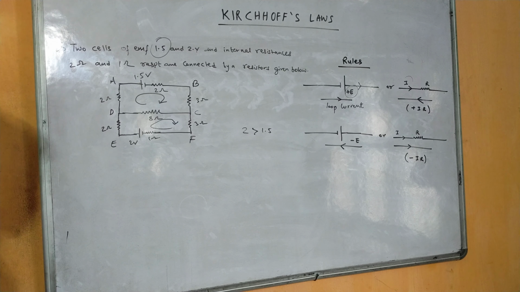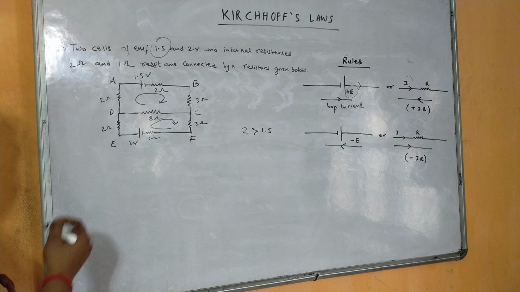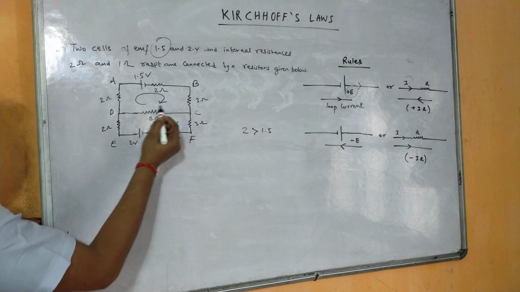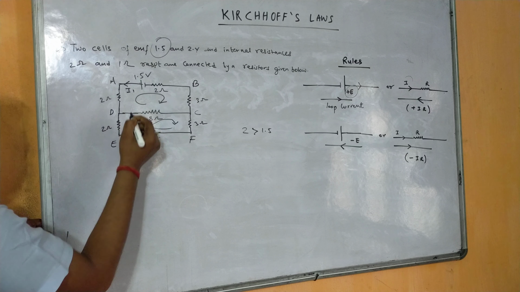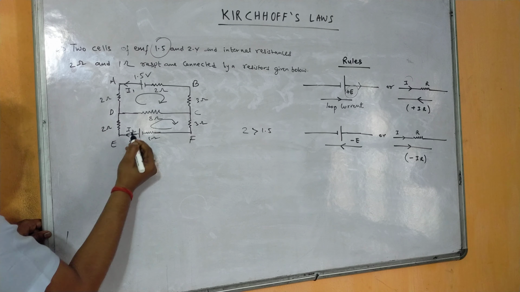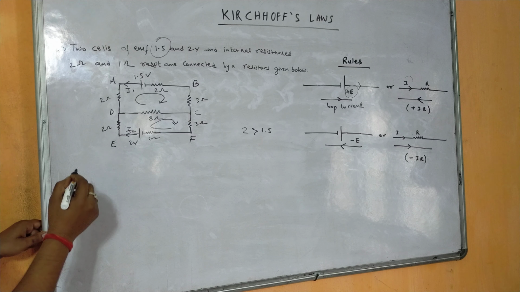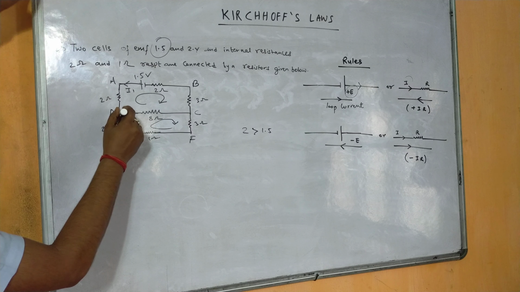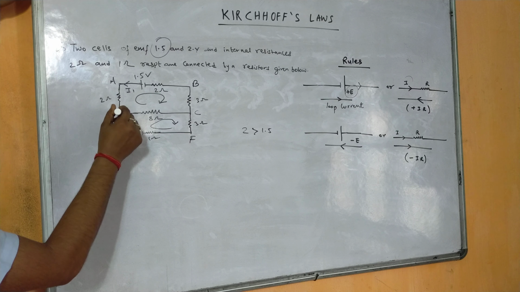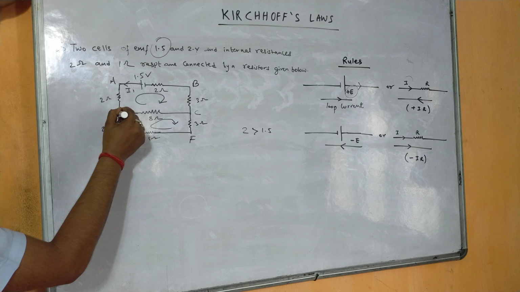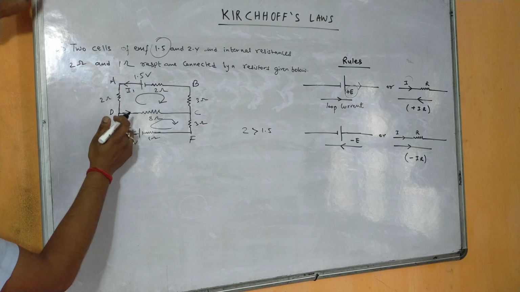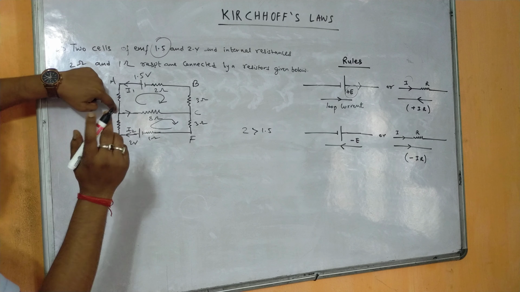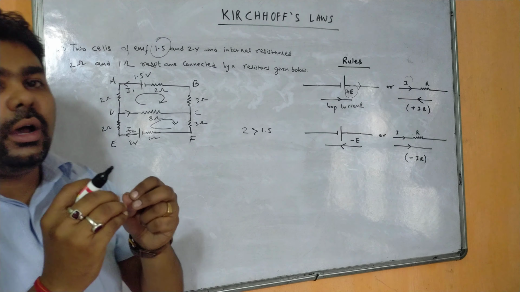Now we will see that there are two currents moving through the 8 ohm. So let us consider this to be I1 current and this to be I2 current. Now, I1 current and I2 current, we know that this is a junction now. Two currents are coming and meeting at this point. At this point, both the currents will get added up, because we know the total current coming towards the junction must be equal to the total current moving away from the junction.